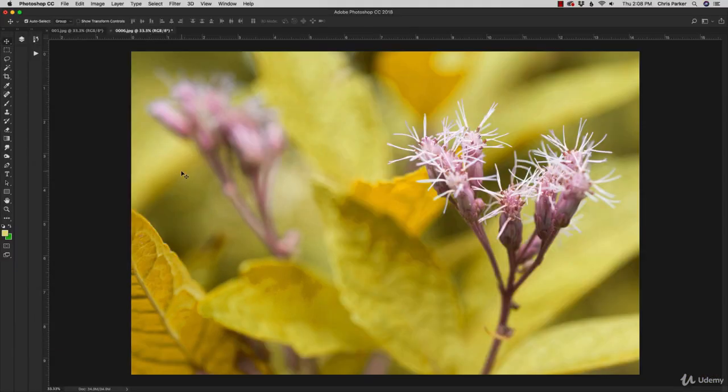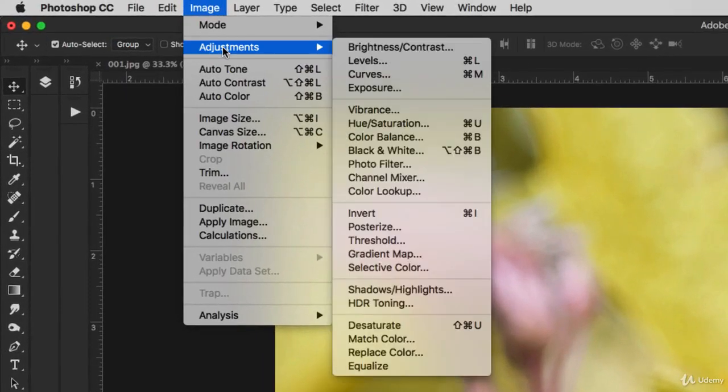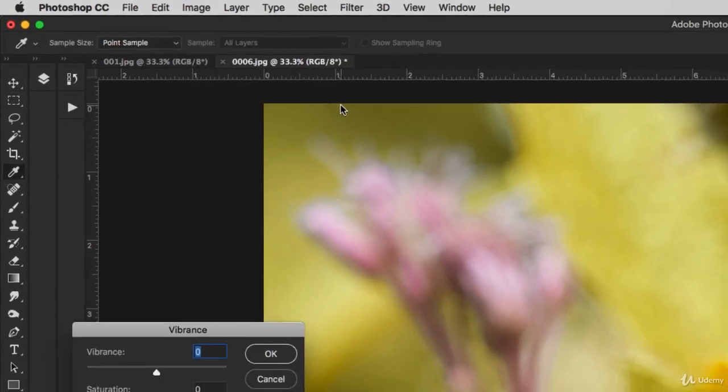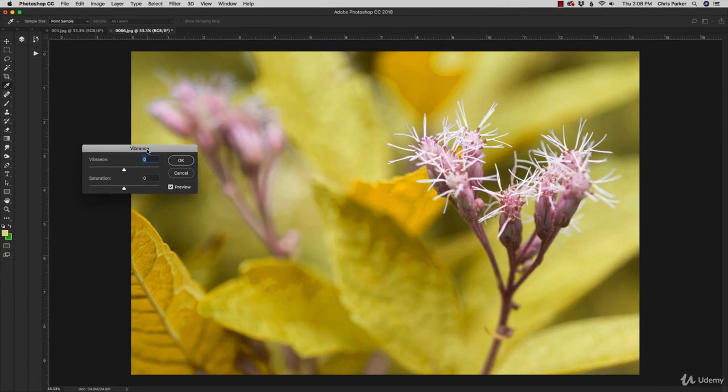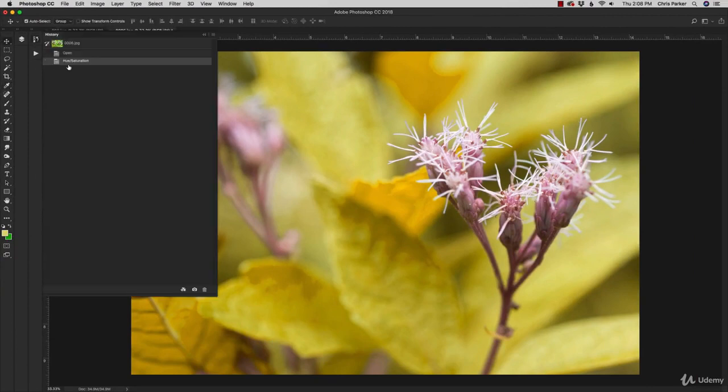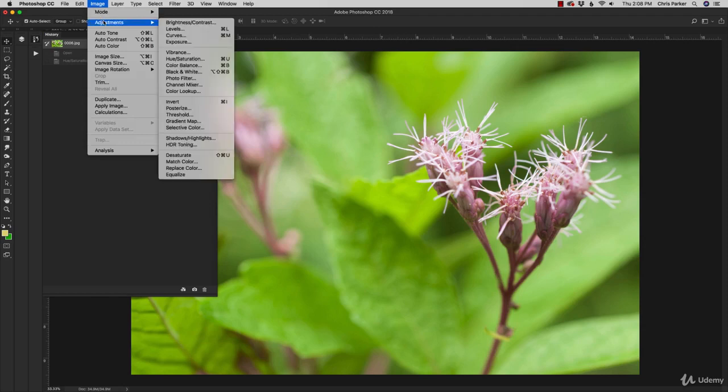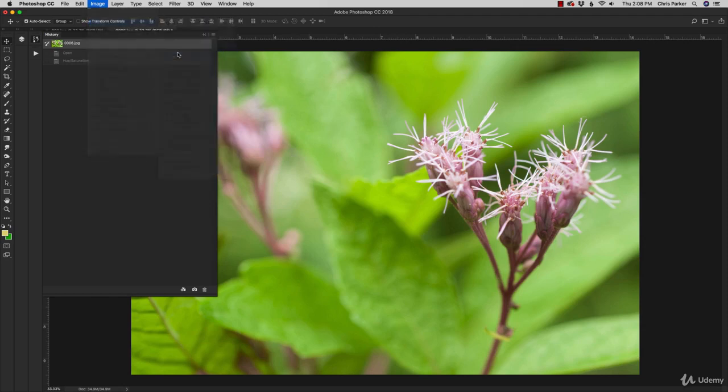All right, let's take a look at another option for changing our colors. We're going to go back to Image, Adjustments, and select Vibrance. So far, we've gone over tints, hue, and saturation. And now we're going to take a look at vibrance. But first I want to go back to the original image so we can get the correct colors back. And then I'm going to go back up to Adjustments and select Vibrance again. So from here, we can